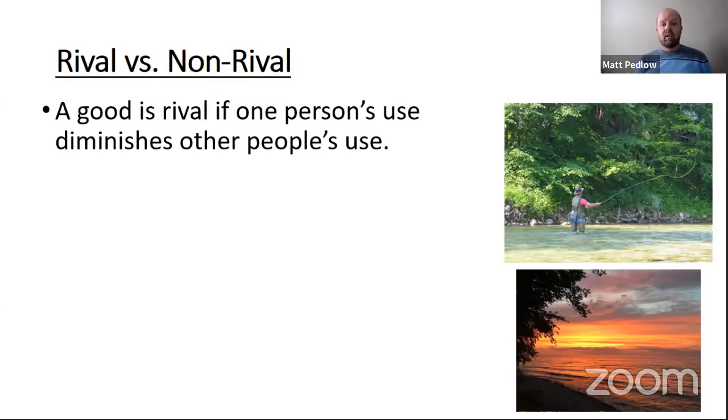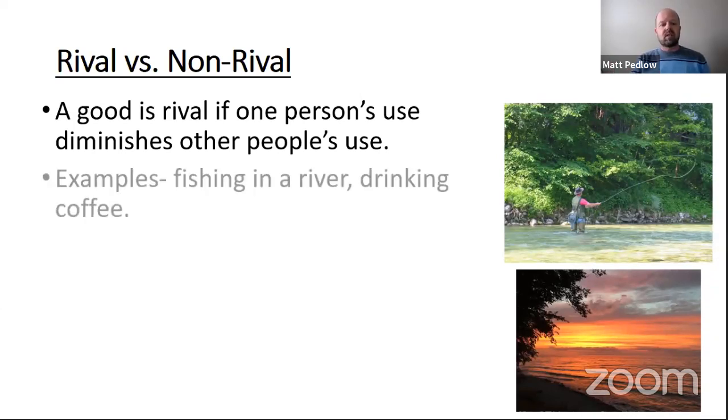So a good is rival simply if one person's use diminishes other people's use. So if you think about this for a minute, if I use a good or a service and I take away from someone else using that good or service, so I have some pictures up here for a reason. I'm fly fishing in a river, out of the Roaring Fork River out there in Colorado, and I take a fish out of the river, that's one less fish for you. It's rival. You can't necessarily exclude me from using that river, but every time I take a fish out,